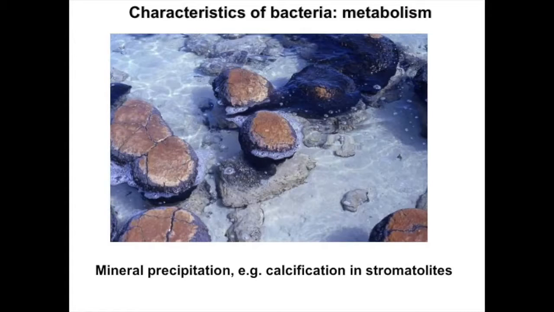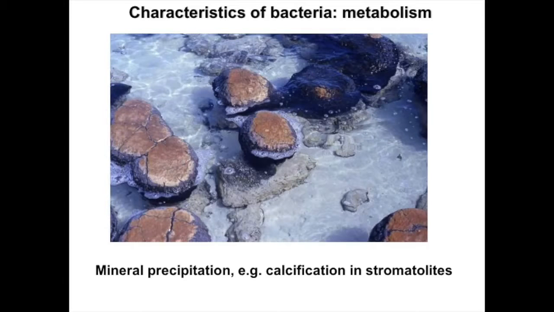So, a final aspect of microbial metabolism is the fact that minerals can be precipitated as a result of microbial metabolism. Yesterday, Hervé, when he was talking about the Arnold Hills meteorite, spoke about magnetotactic bacteria and chains of magnetosomes. These are deliberately precipitated by the organisms, but mineral precipitation can also be a byproduct of organisms. For instance, part of the growth of stromatolites, mostly it's due to